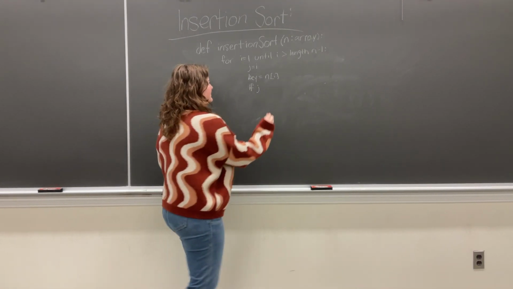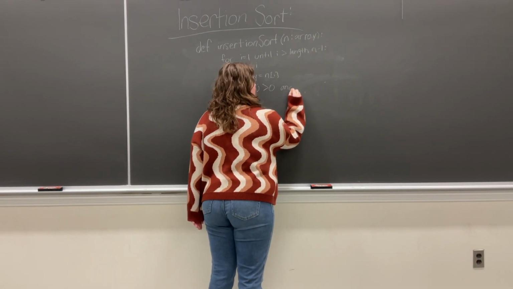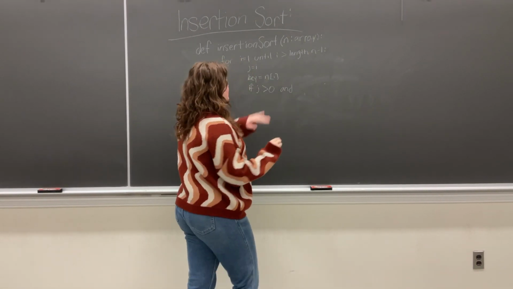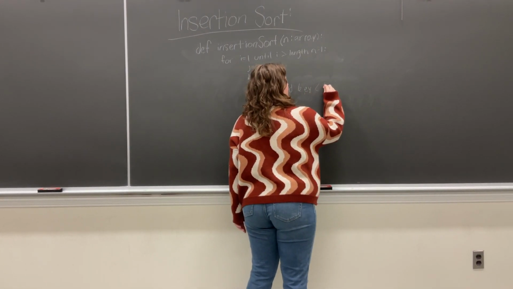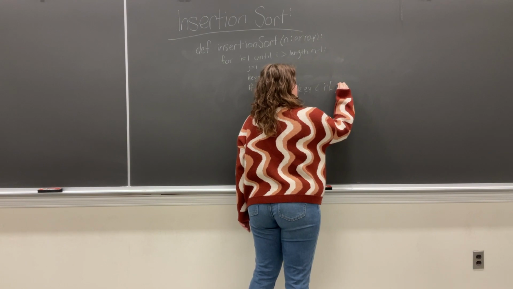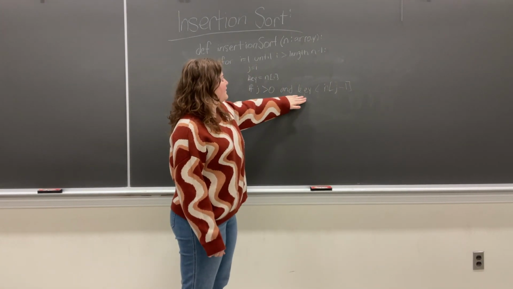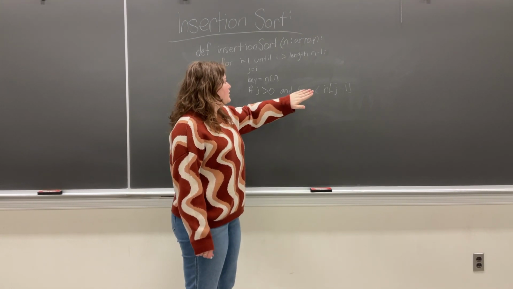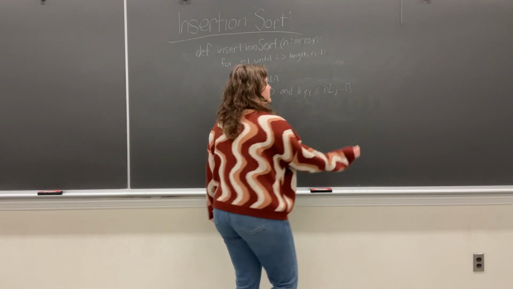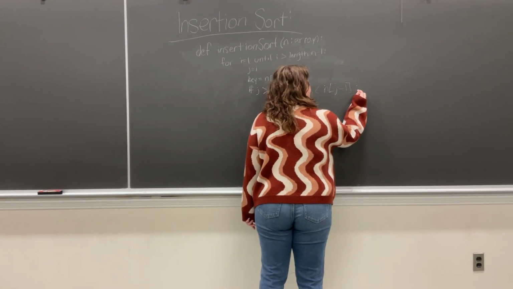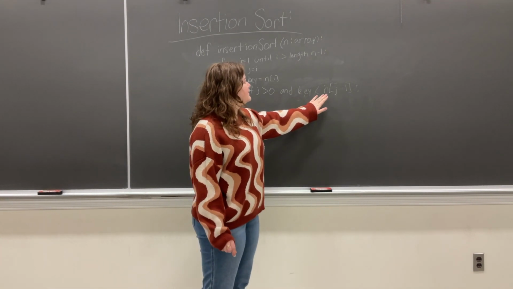So if j is greater than 0 and the key value is less than whatever is to its left, in that case, we're going to have to change it around. So we're going to say, if j is greater than 0 and key is less than the value of n at j minus 1,